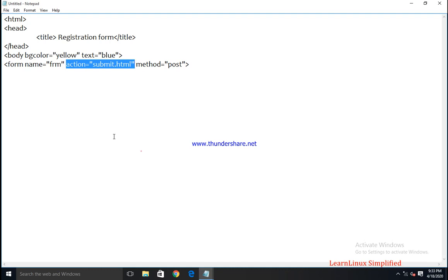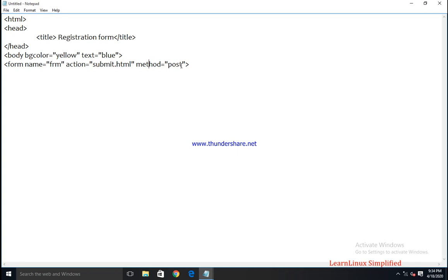Next is method. The method attribute defines how our data will be sent to the server, or anywhere we want to send our data, how it will be sent. Basically there are two methods, get and post.